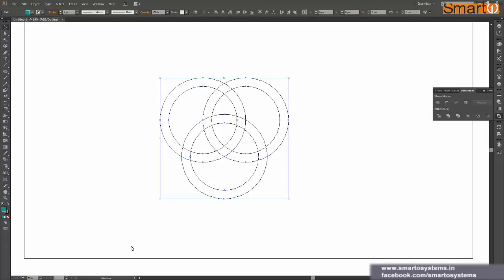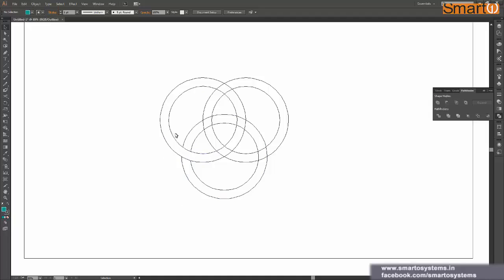So first of all, we'll select all these three shapes. We'll press Shift M on our keyboard to select the Shape Builder tool, and we will come to this left part first. Here I want this left ring to go over this bottom ring. So we'll just merge these three shapes to give the illusion that this part is on the top of this bottom ring part.